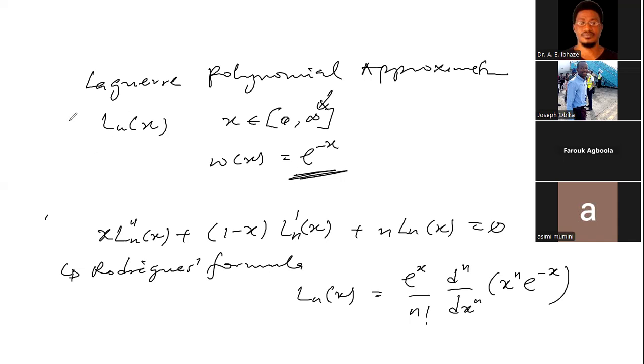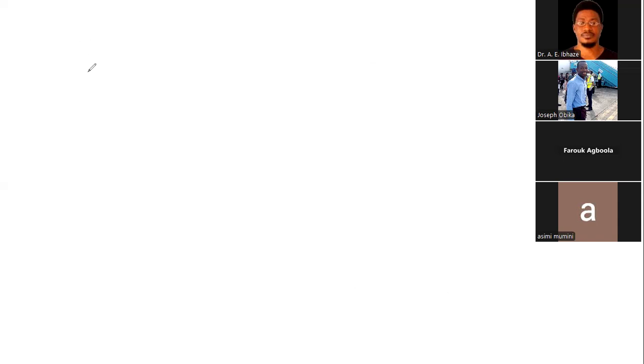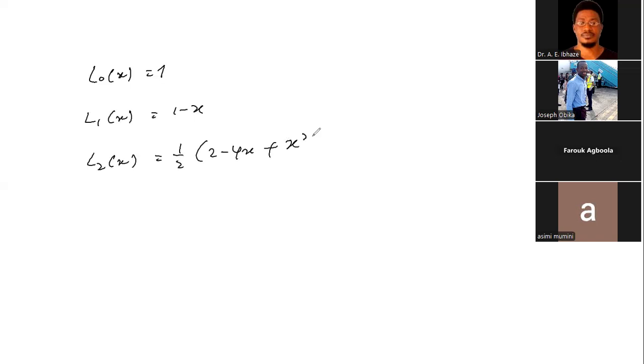And also, we can literally put up some of the Laguerre polynomials. L0 of x is the same as 1. Now, L1 of x is the same as 1 minus x. L2 of x is the same as 1 over 2 times (2 minus 4x plus x squared), which will be 1 minus 2x plus x squared over 2. Then